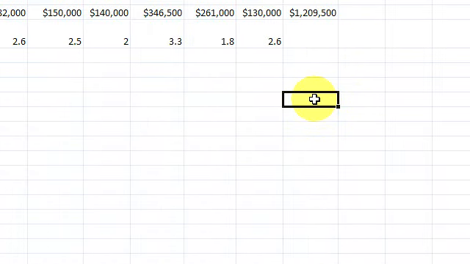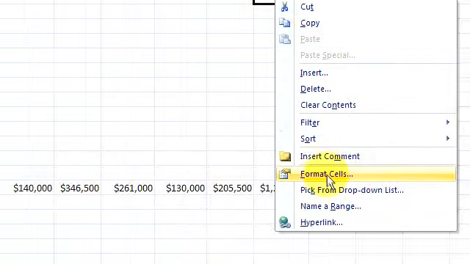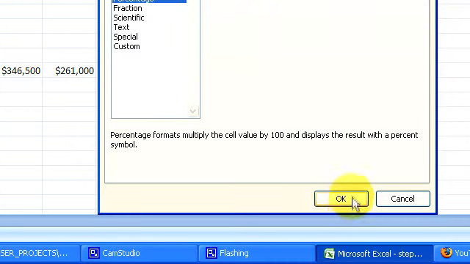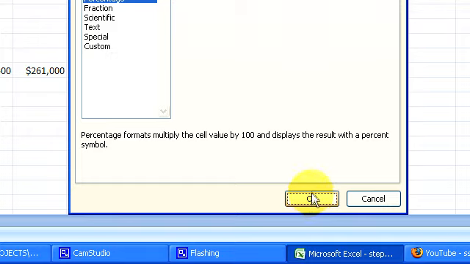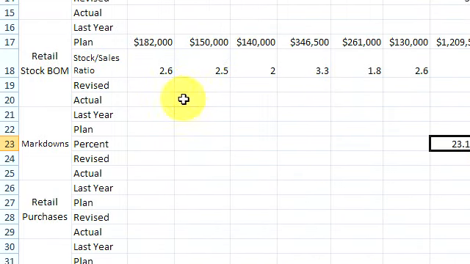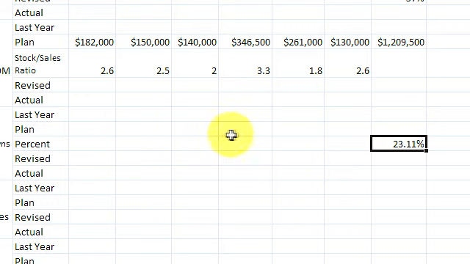The very first variable on the markdowns is to forecast the seasonal percentage. As you can see, we're following along in our packet, our hard copy, and we have forecast our seasonal markdowns for 23.11%. And this is unlike the other percentages. We are going to change this format to 2 places. We want to be as accurate as possible for our seasonal markdown percent. So we're going to forecast that as